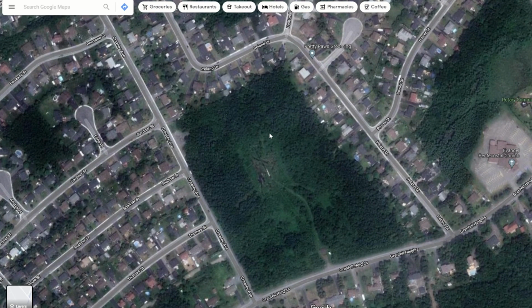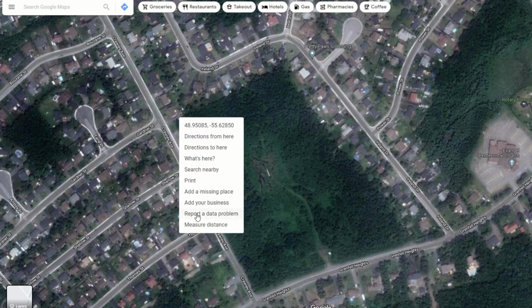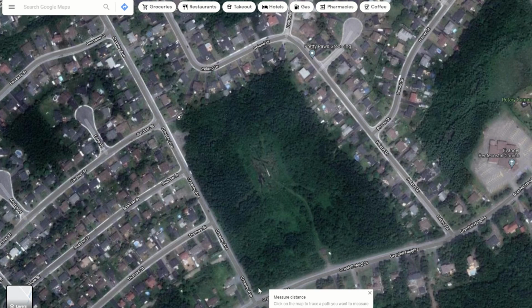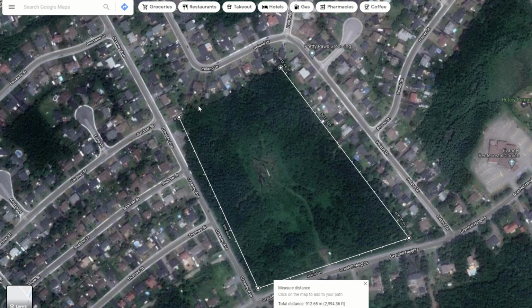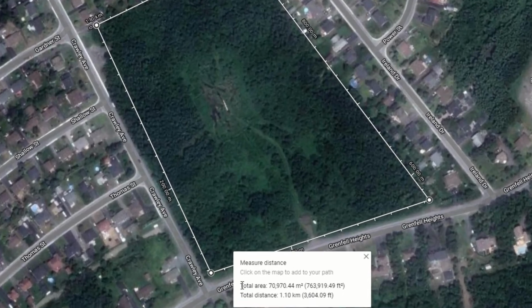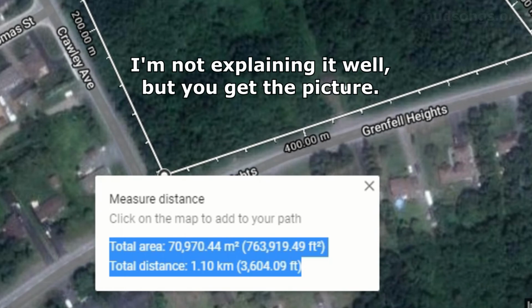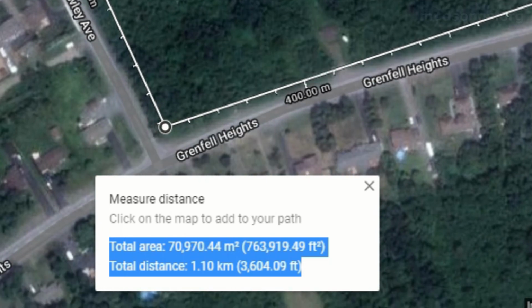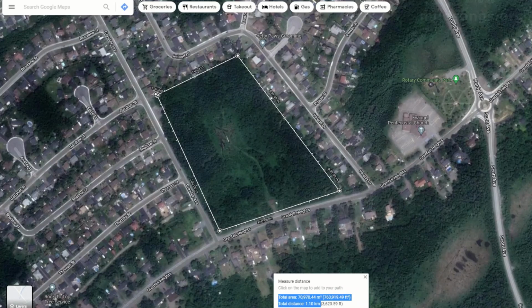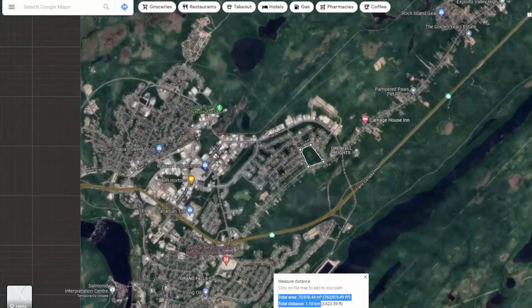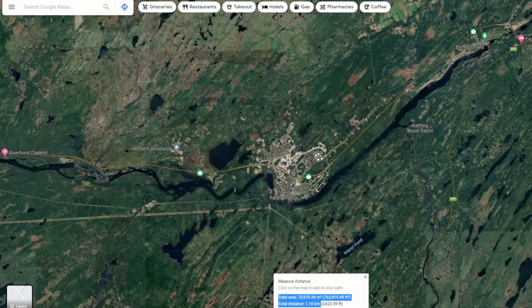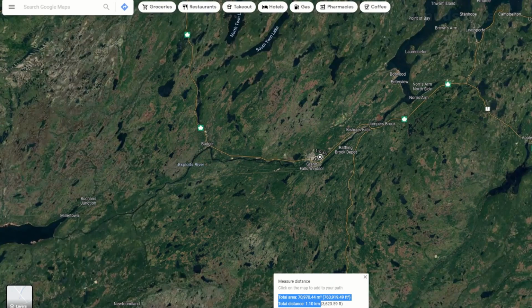But anyway, say you're in another place. This is another neighborhood in Newfoundland. It's in Grand Falls-Windsor, which is probably the best place to keep bees in Newfoundland because it's so dry and warm and everything else. But anyway, you just do the same thing. Like say you've got a green space somewhere in the middle of a neighborhood. You just enclose it. Again, right click, click measure distance, and then close the whole thing. And Google will tell you how much forage area there is for the bees in that particular area. So there you go. It's a simple little feature on Google Maps that some beekeepers might have fun fooling around with.